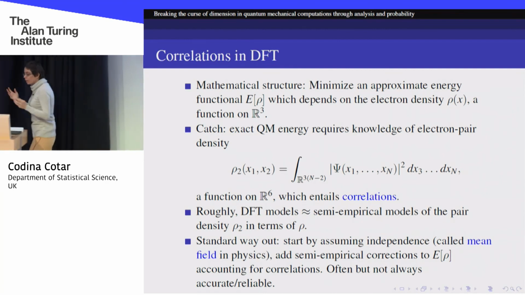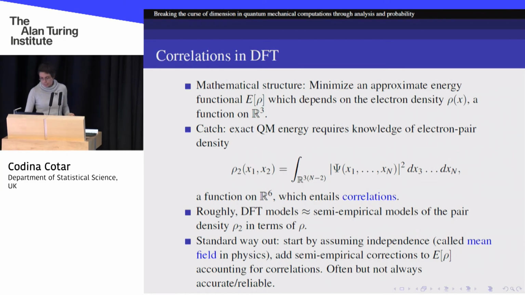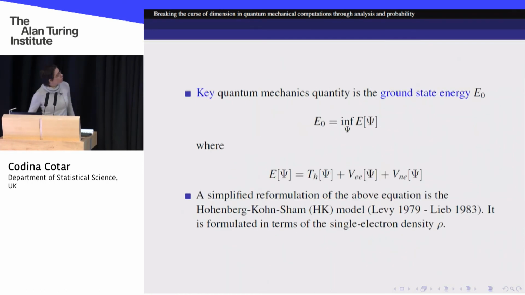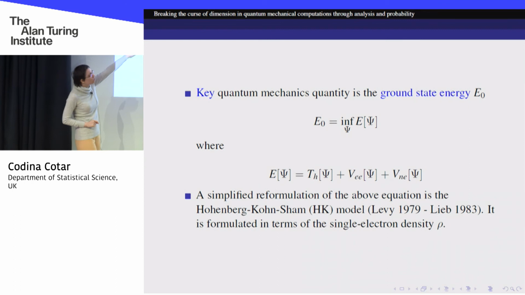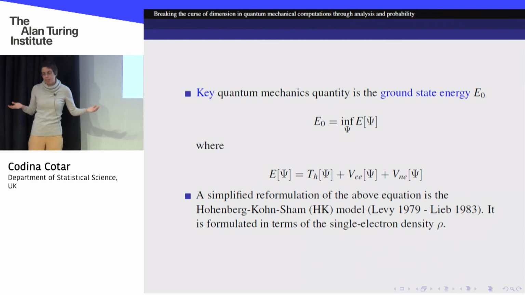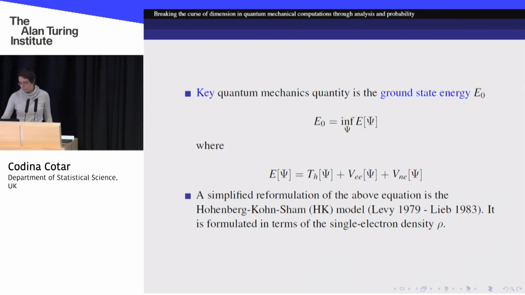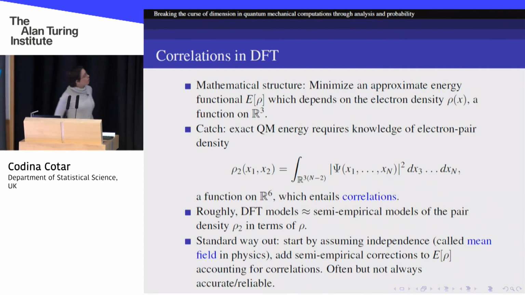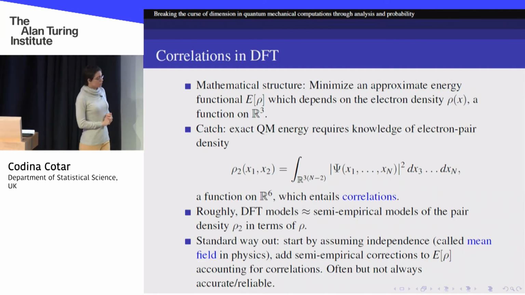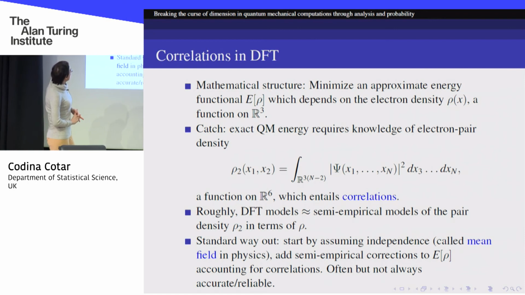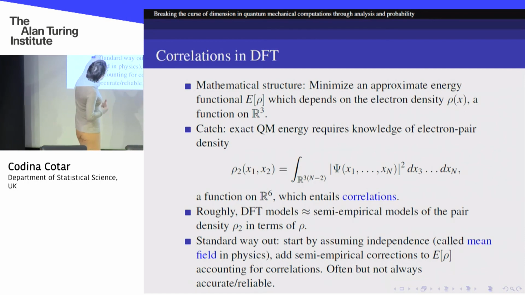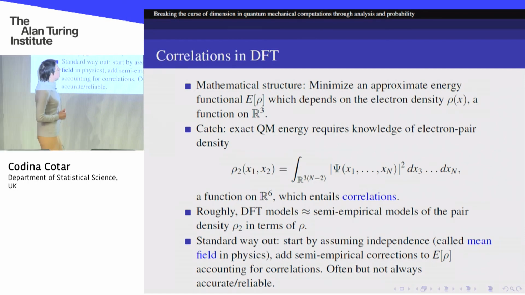However, we are not going to know what this ρ2 is, because in order to know ρ2, we would have to solve Schrodinger's equation. And we cannot solve this. We do not know how to solve it. So what density functional theory does is try to guess, in a way, what form ρ2 has,